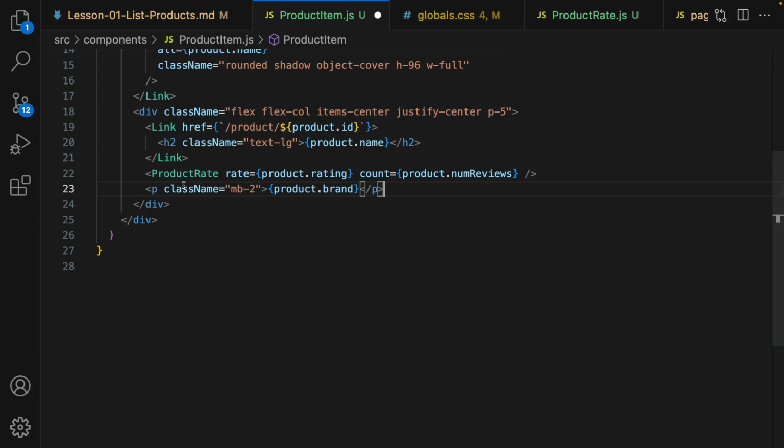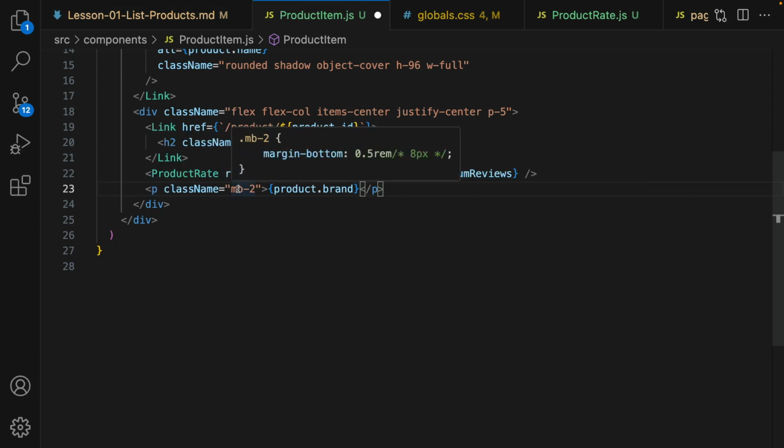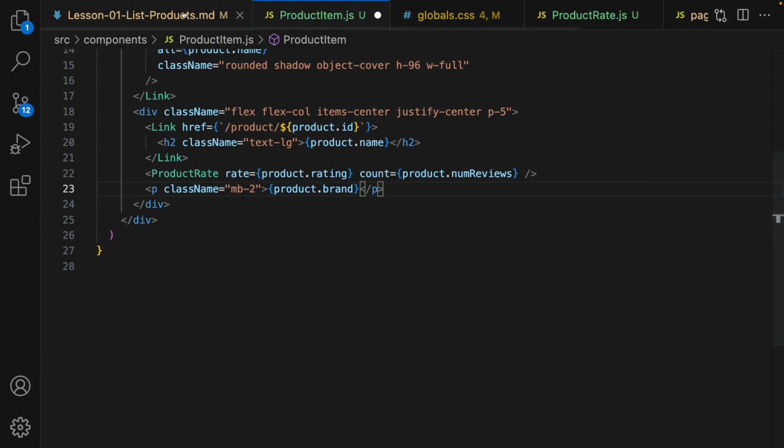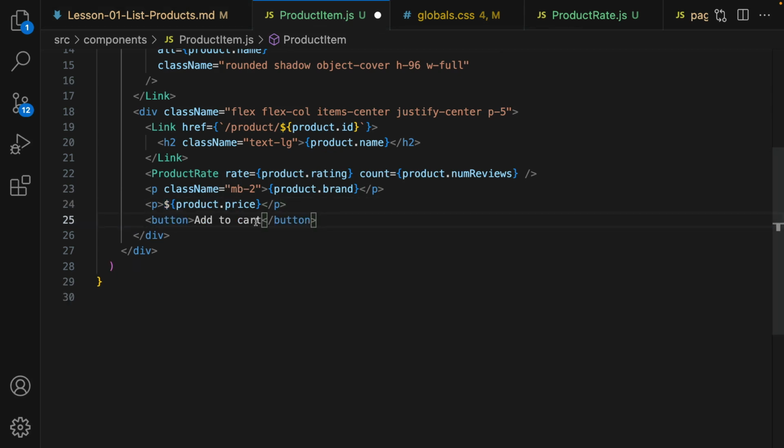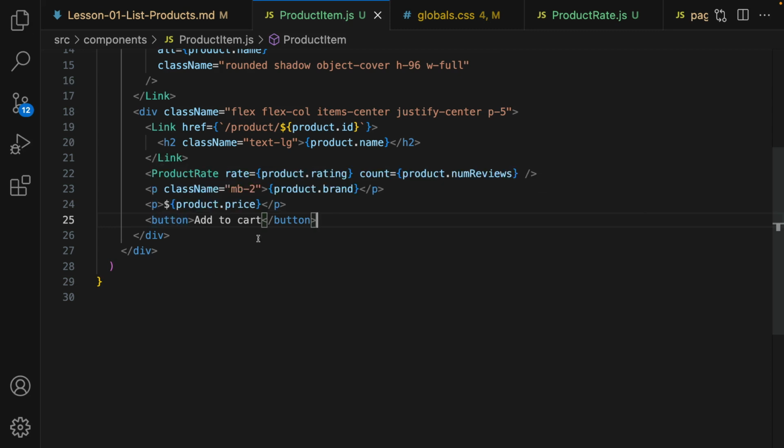Next step is showing the product brand using a paragraph, creating margin bottom, and put the brand of product here. Then create another paragraph for product price. Don't forget to put dollar before it. And create a button for add to cart. We implement this button later. Save the code and go to the